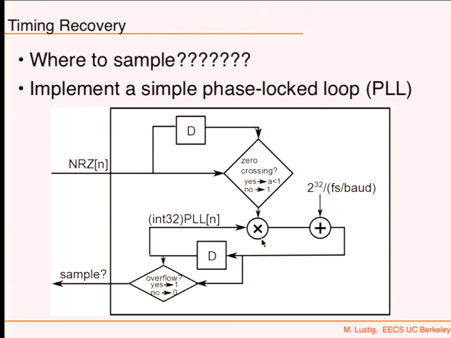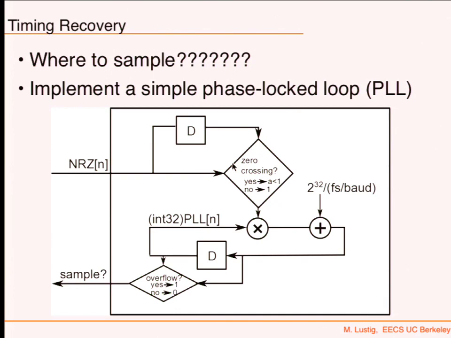The locking part is that we want to shift this counter when it's not synced to my signal. So I want to shift it. How do I do that? I take my NRZ signal, and if my counter is locked to my signal, whenever the NRZ has a zero crossing, whenever it switches between 2 bits, then my counter should also cross 0. They should cross 0 at the same time.